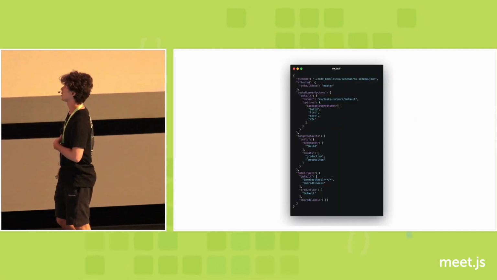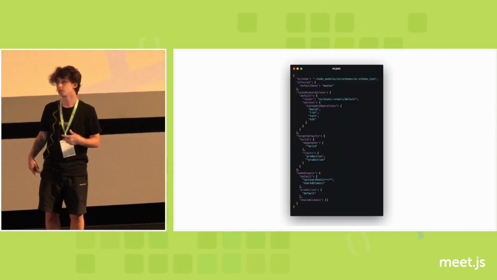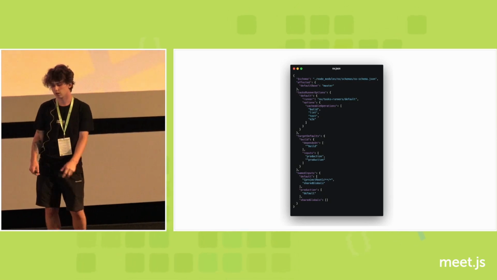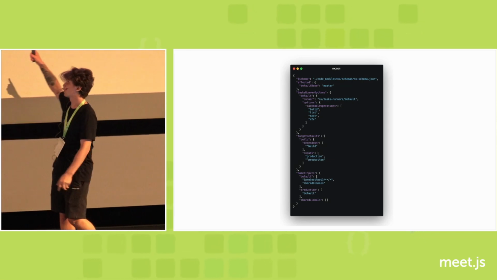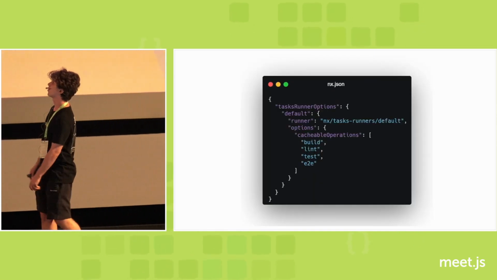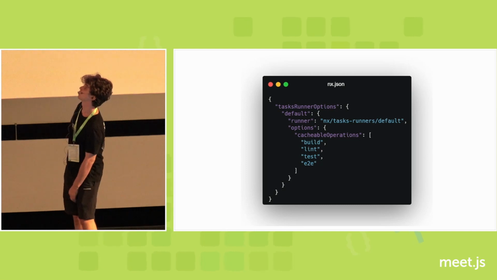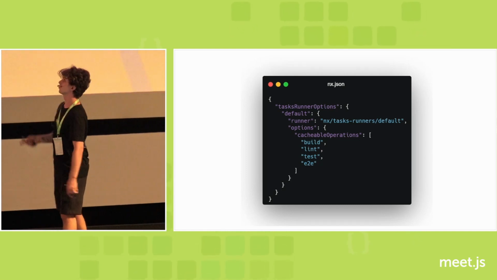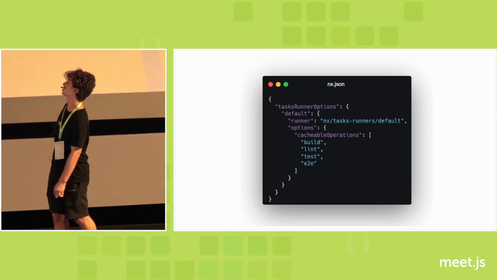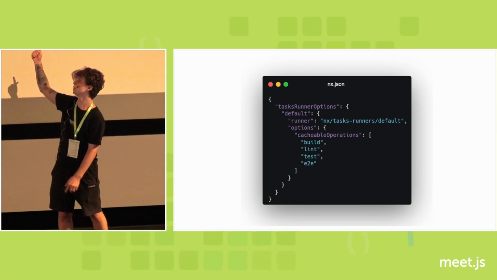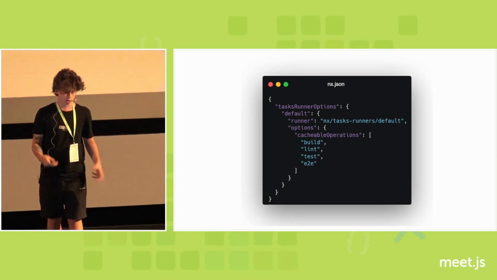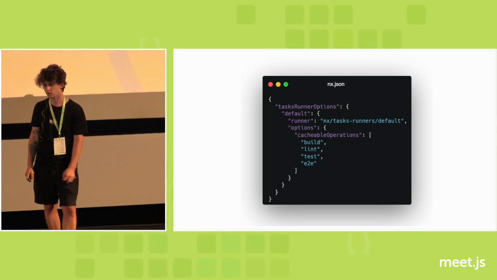For those who are familiar with NX, you should know about the nx.json file. This file is a global configuration for our workspace. This file contains default configuration, and if we take a closer look, we will find something that's called tasks runner options with default configuration. This configuration contains runner with some path and also options with cacheable operations. As I mentioned, we have build, lint, test, and E2E. So every time we build, lint, or do other actions, NX will cache our changes, and next time we will